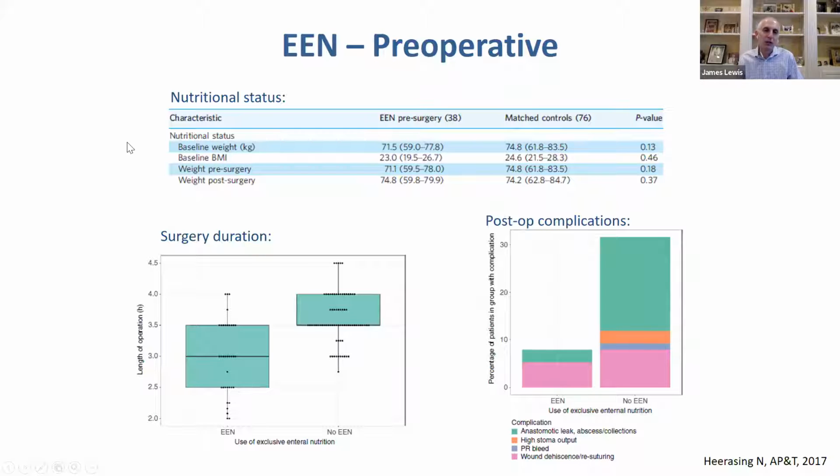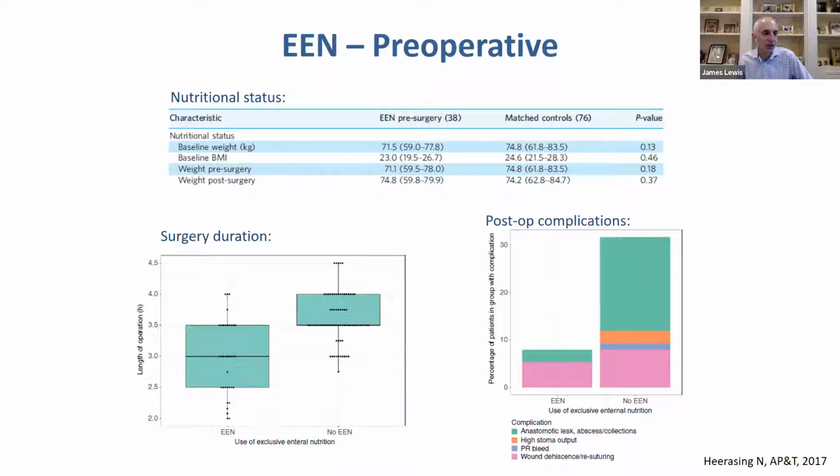This is a cohort study of some people who got preoperative exclusive enteral nutrition, about 38 people and 76 matched controls. If you look on the bottom left, you can see that the group who got preoperative nutrition therapy had a shorter length of operation. And if you look on the right, they actually had fewer postoperative complications. So this is something you can definitely do for your patients who don't need emergency surgery, but who, particularly if they're a bit malnourished,